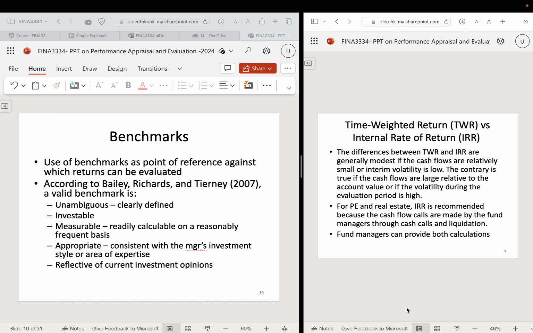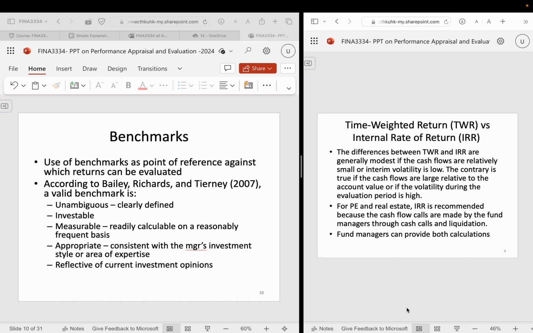This benchmark is not for me to dictate. You have to discuss with the client. The discussion process is whether I should use this benchmark or not, because this will dictate my future reference on performance. Remember that when we find a manager, I want them to outperform the market. But if in the discussion process I already think that Hong Kong, China is bad, then the performance will be worse than MSCI World.